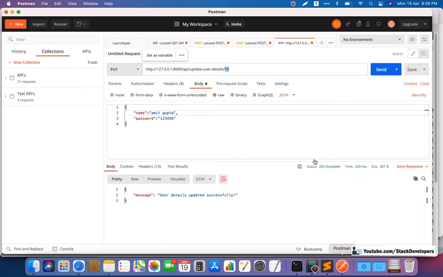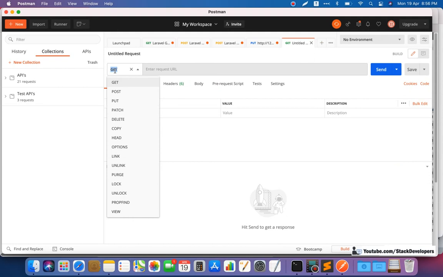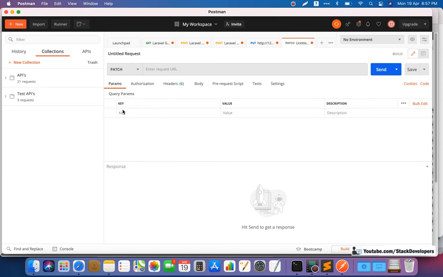So let's start. We have done the put method for the put API, and for the patch API we are going to use the patch method. See, we have done get, post, put, and now we are going to do the patch method for the patch API.